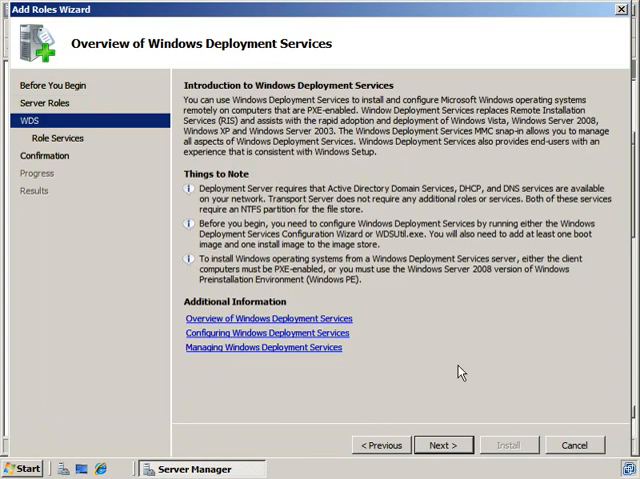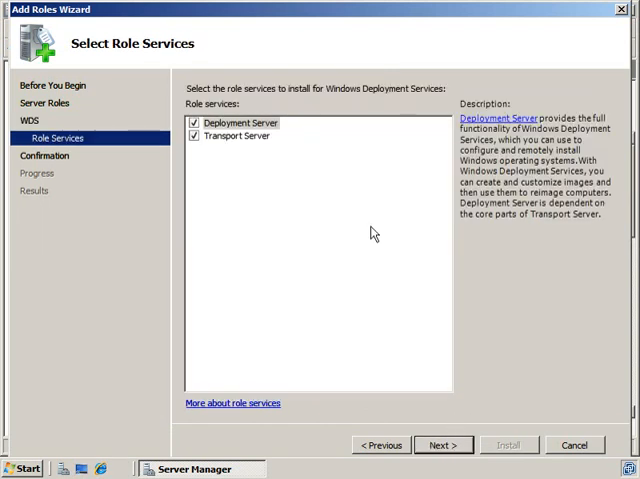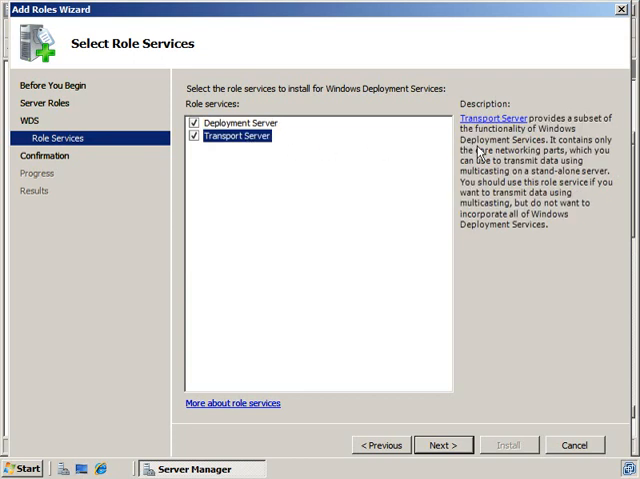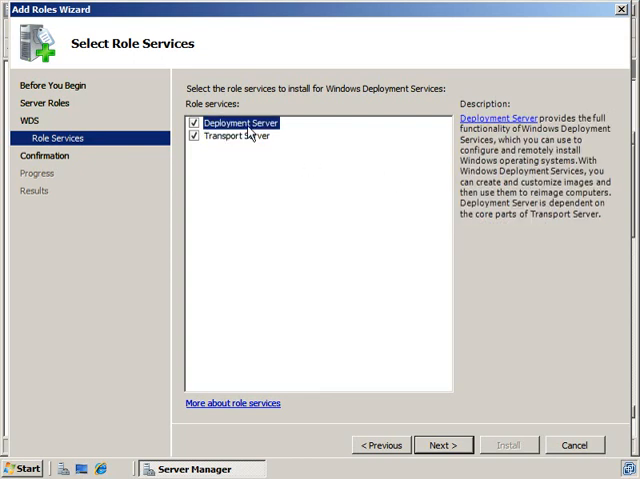Here you get an introduction into what Windows Deployment Services is. I'll go ahead and click on Next. Now we get to choose specifically which services we want to install, and typically you're going to have both boxes checked. Transport Server is a stripped down version of Windows Deployment Services, and Deployment Server is the full-blown role. It says over here, Deployment Server provides full functionality, and if you highlight Transport Server, you'll see that it's a subset of the functionality, and it really is a requirement in order to have the deployment server. So we're going to leave both boxes checked and go ahead and click on Next,